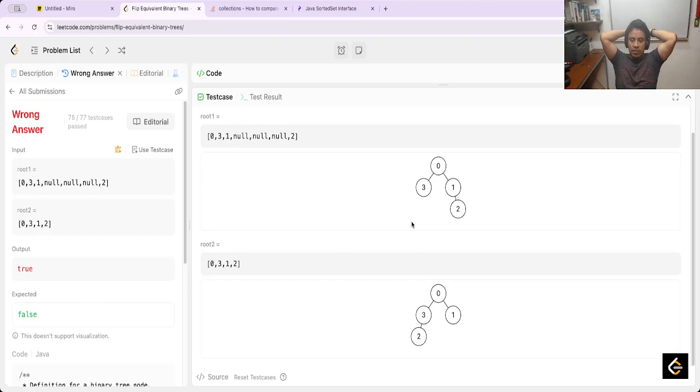Yeah, 0, 0, 0, 0, 3. But next is, yeah, I think that my code can work with this, because here and here return true, because basically you can swipe but it's not true,